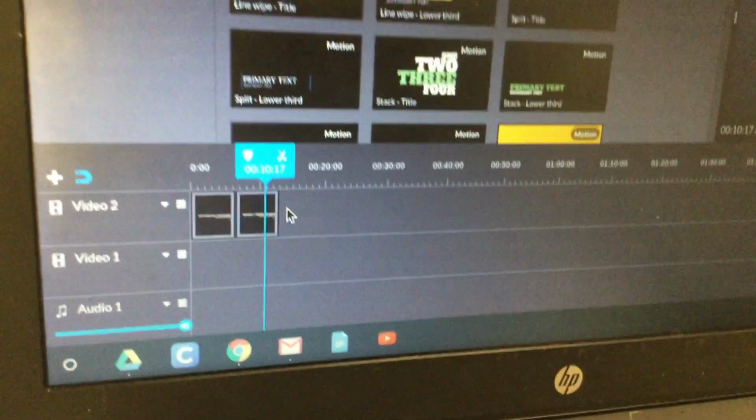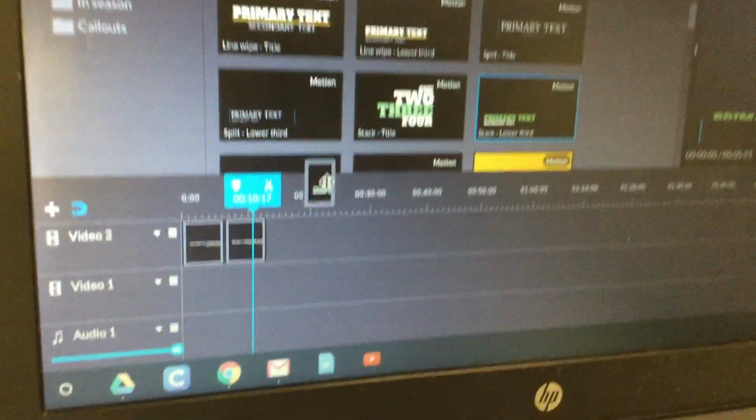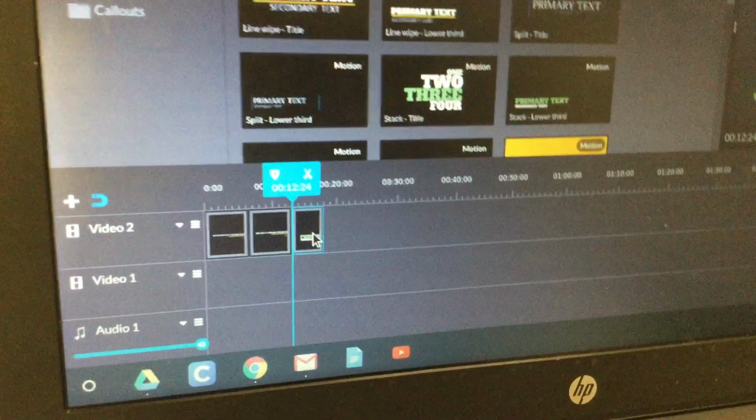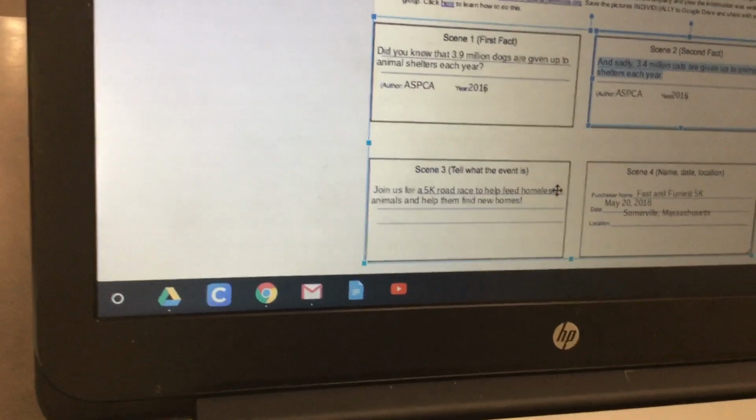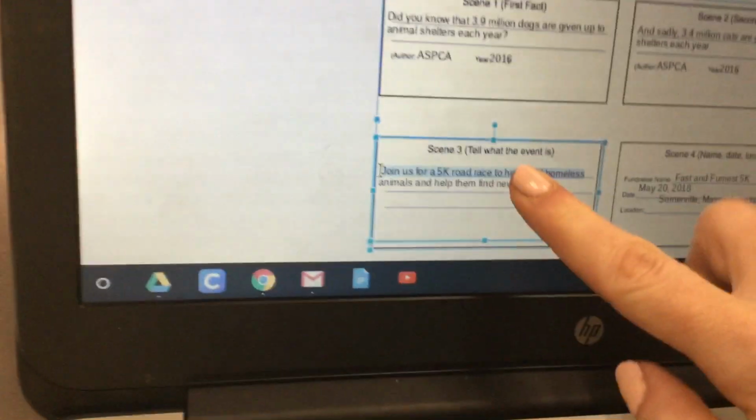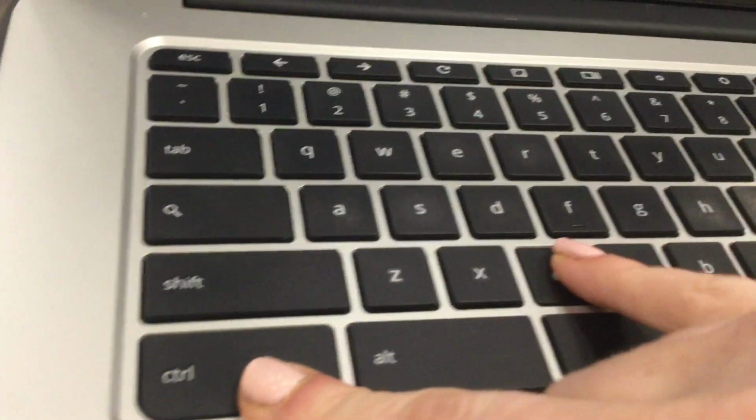Next, what we're going to do is add another primary and secondary text box. If you want a different style, that's fine, but you do want something that has both primary and secondary text, so you're just going to click and drag it to go after your second text box. Then click over to your storyboard template, and just copy the stuff for Scene 3, just the stuff that's on the first line, and hit Control-C,